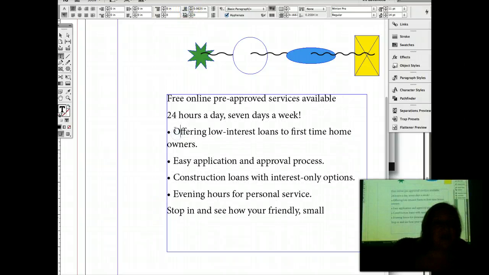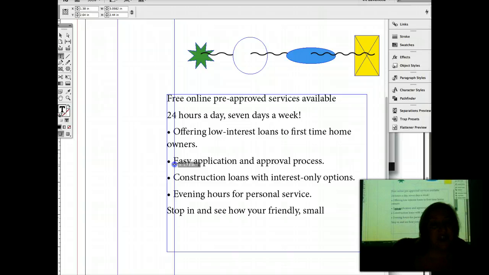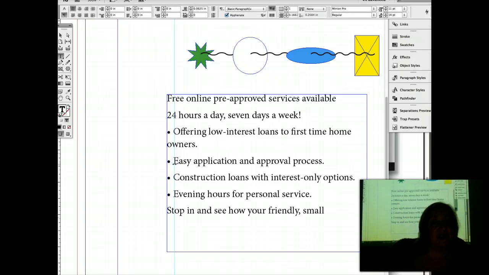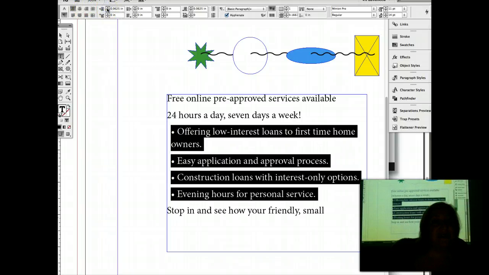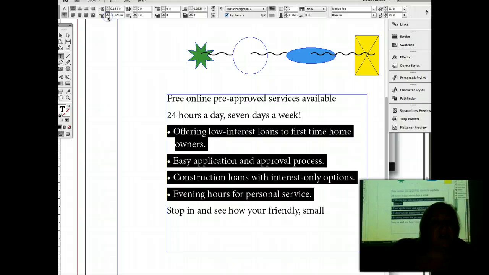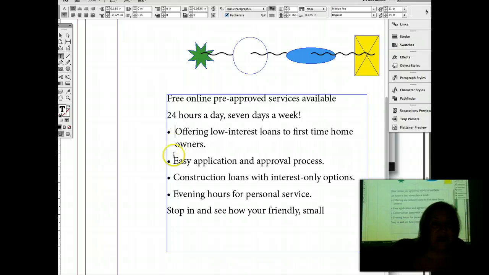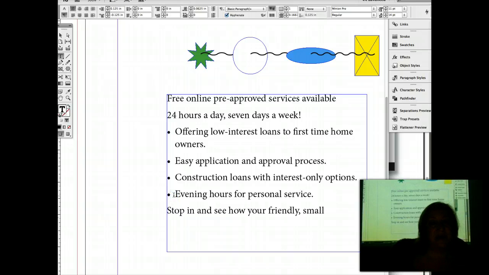But what's key here is that these initial letters align flush left. So like the O in owners would sit under the O in offerings. And there's two ways to do that. One way to do that is to select this, go to your paragraph panel, and indent, and do negative first line there. And then you hit a tab in front of this. Tab, tab, tab, tab, right? The other thing to do, I'm going to hit undo,